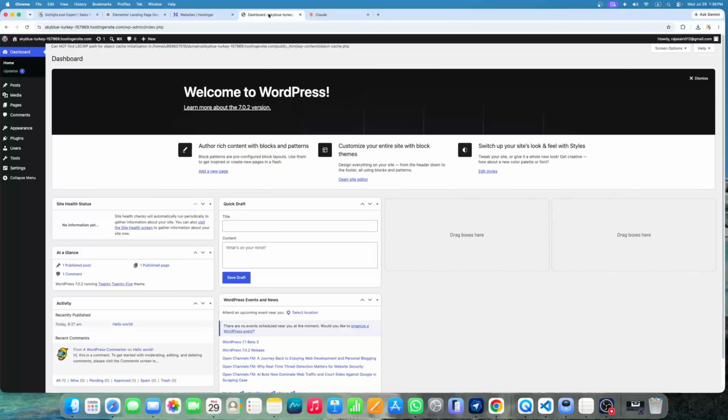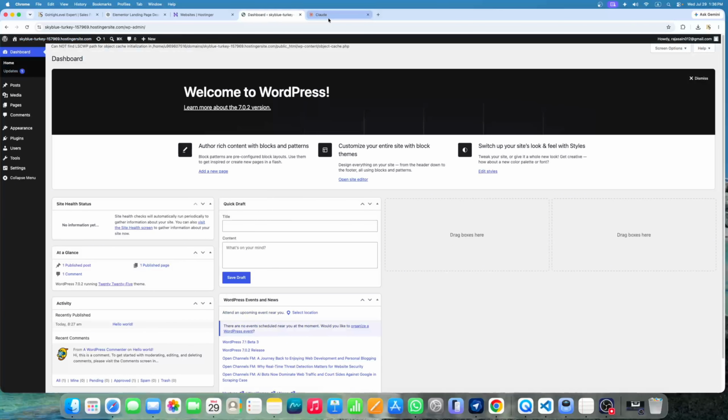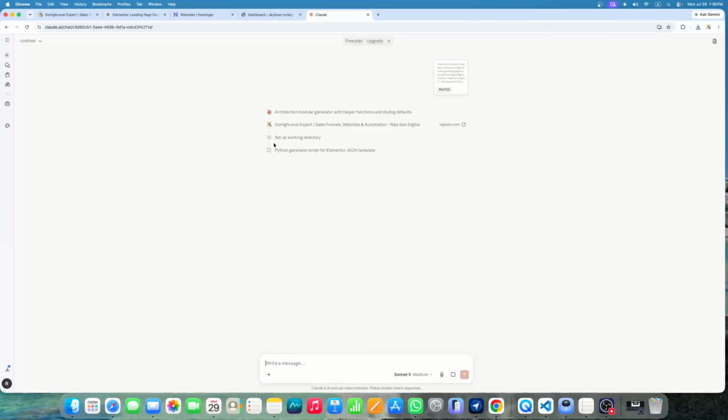So yeah, I want to show something here. If I go to my WordPress dashboard and visit the website, it looks very empty right now. So the first thing I want to do is go to the dashboard over here, where it is working on it. It is fetching the data, and I'll set up the directory and the Python generator script for the Elementor